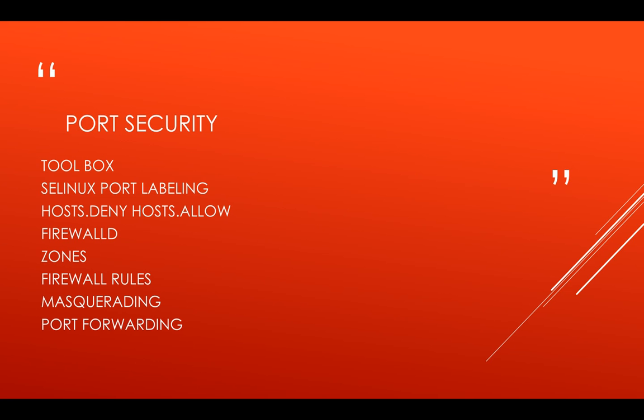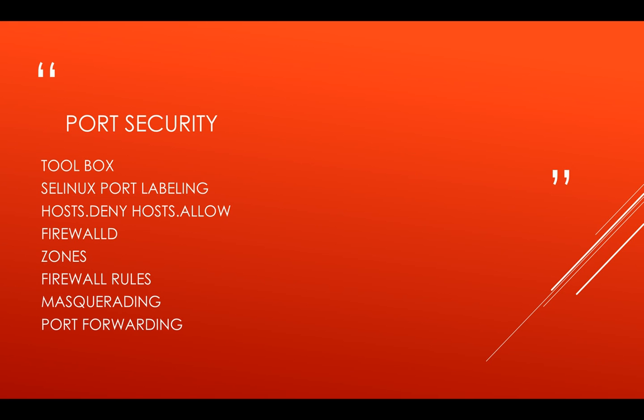port labeling. So we will see how Security Enhanced Linux has policies that use the labels on predefined ports to establish what ports can be used for a particular service, right? So there are predefined ports for SSH, predefined ports for HTTP. So if you try to use a port different than the ones that are already defined or labeled for those services, then obviously the system will not let the service create a socket and bind to that particular port